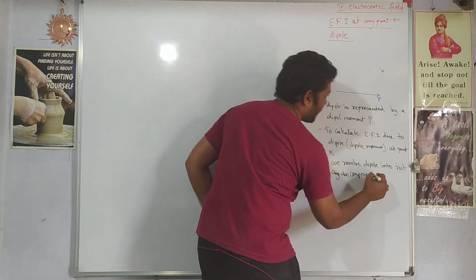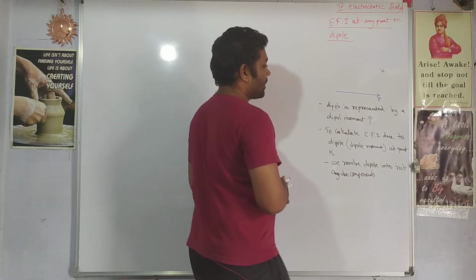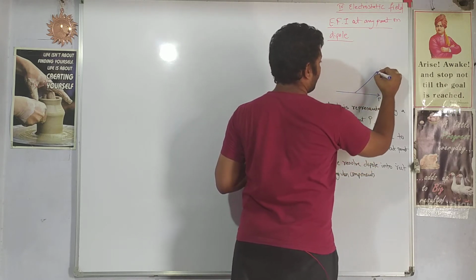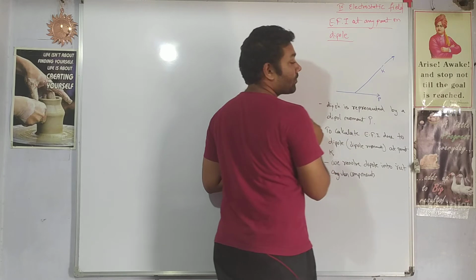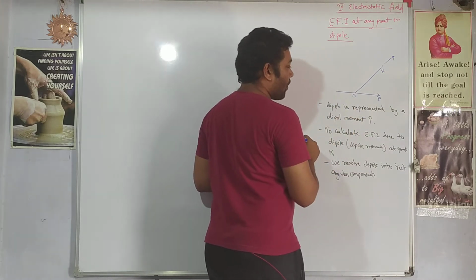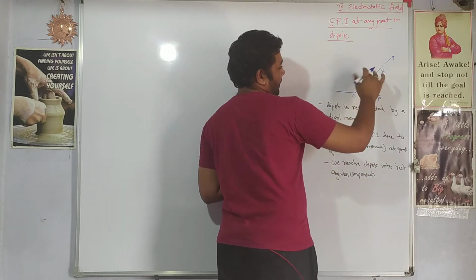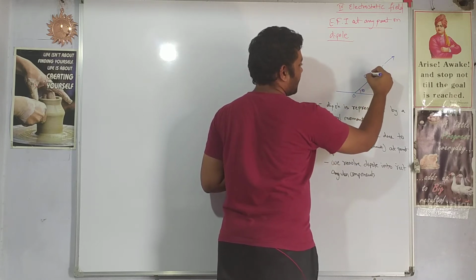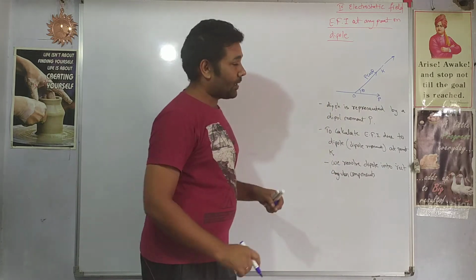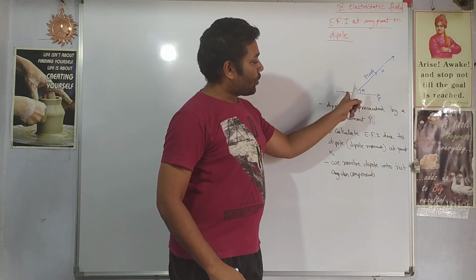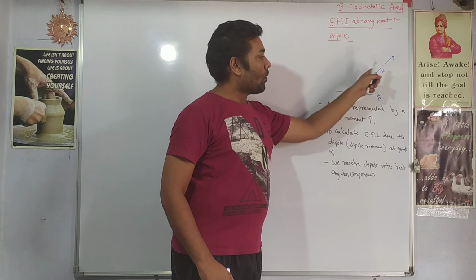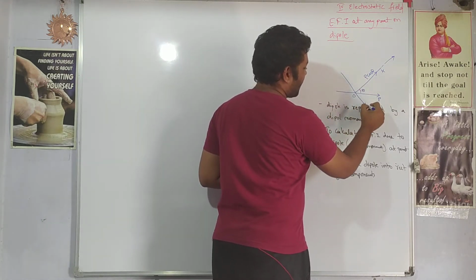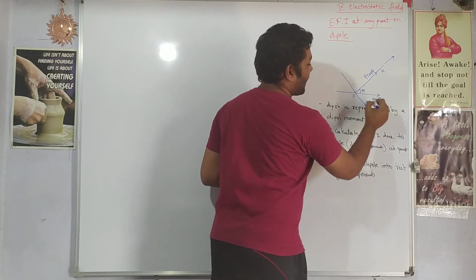What will be those rectangular components? Let us see. So this dipole moment is resolved into rectangular components. One rectangular component will be acting along the direction of K. Let us say the center of the dipole is O. So one of the rectangular components will be along OK, and that component will be P cos theta, if this is the angle theta given, right? Then the component of the dipole along OK will be P cos theta. And another component, which will be in the perpendicular direction, will be P sin theta.